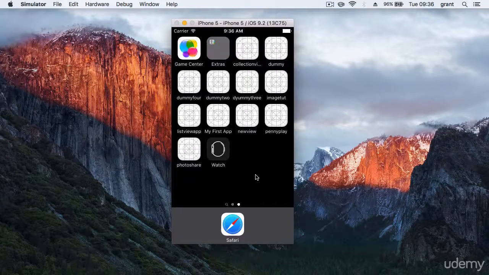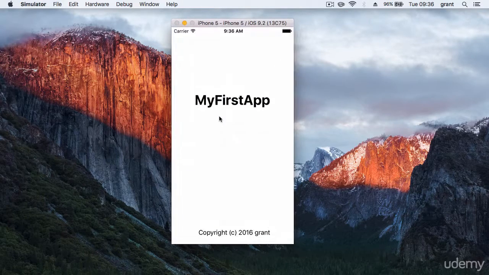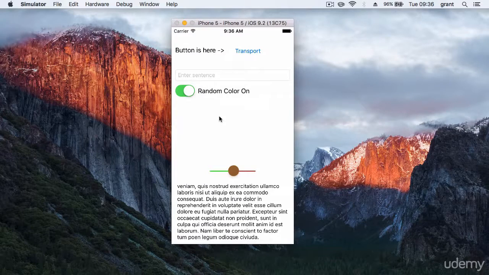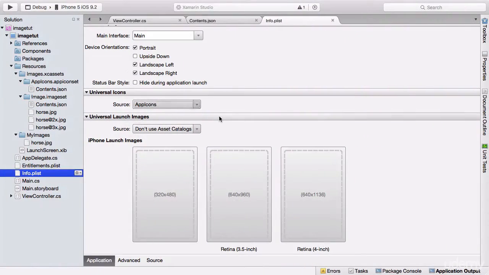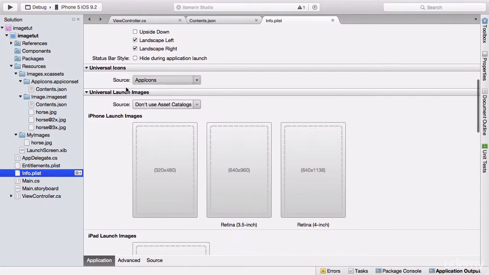Let's move on to the final part of this little section on images in iOS. The final thing we have to look at is the launch screen. So if I open up, for example, my first app, the launch screen is what's shown there just before the app loads. So if we come over to our Xamarin and we open up our info.plist,